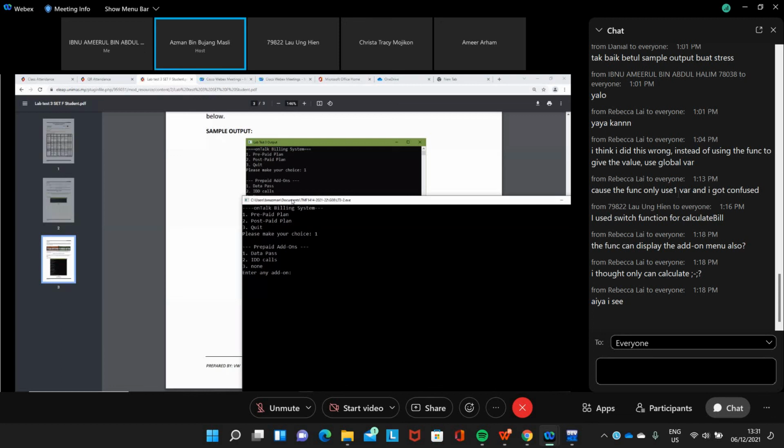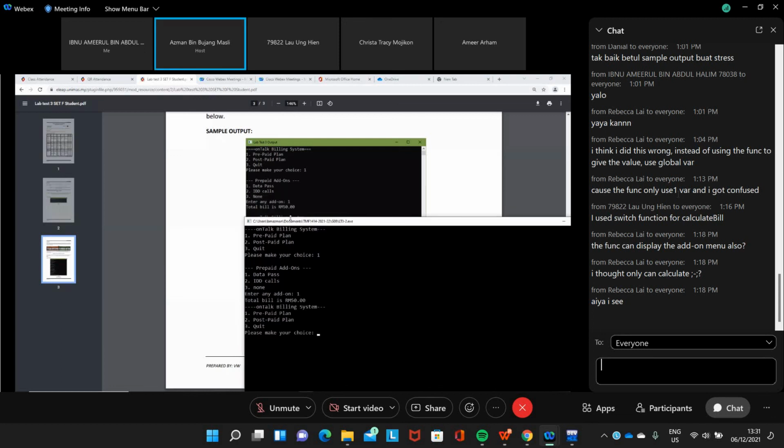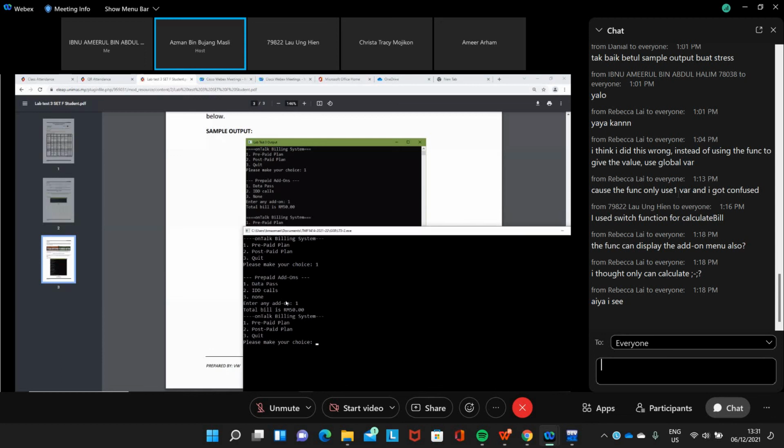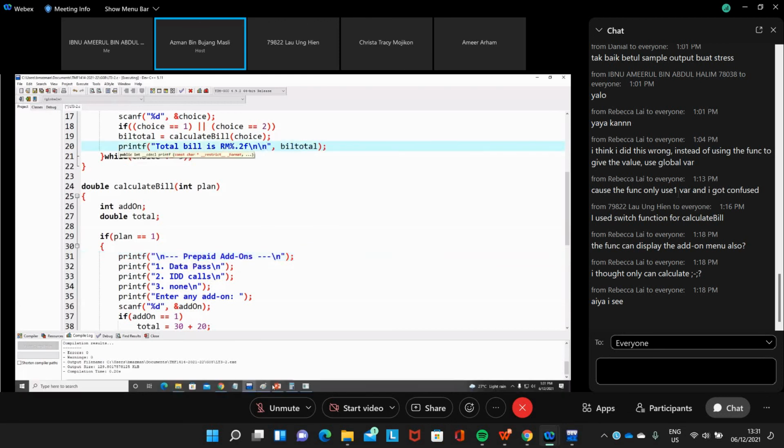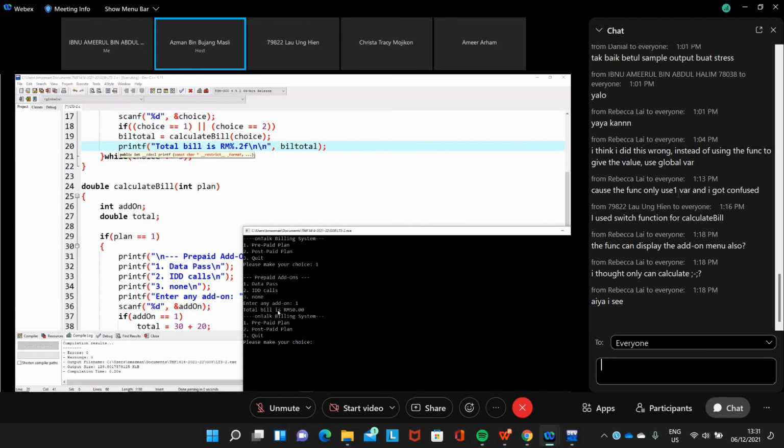And then prepaid add-on, enter any add-on, so we have 1. So total bill is 50 ringgit, so it's correct, but we need another new line there. So we need to put 2 new lines in our program, so that we have a blank line between this and the new one.